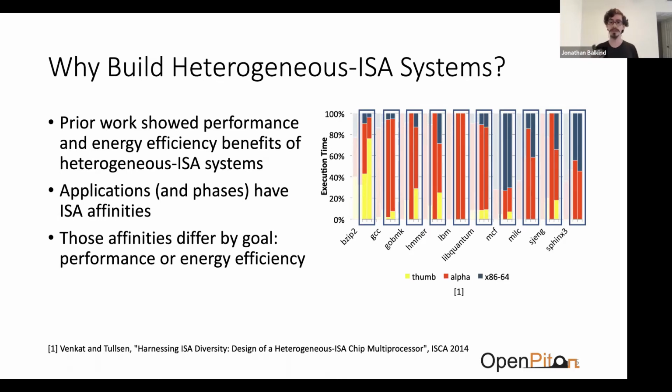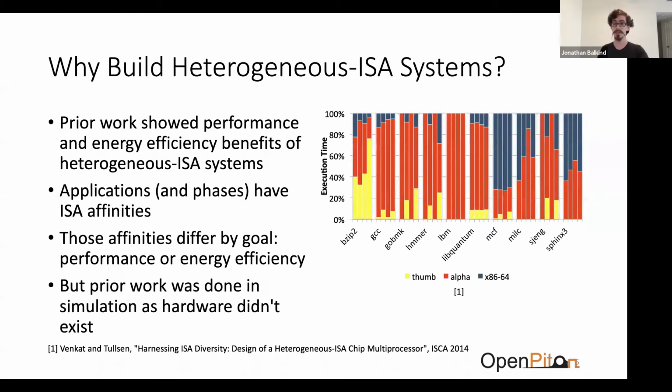And you can imagine that there are particular ISAs that have high code density, or particular ISAs that have vector extensions, different features that would be advantageous for different applications. And we want to try and take advantage of that and move our applications around for the best performance and energy efficiency. Now, the issue here is that in terms of the architecture research, the work was done in simulation,